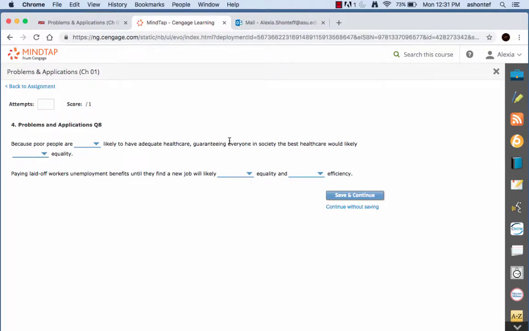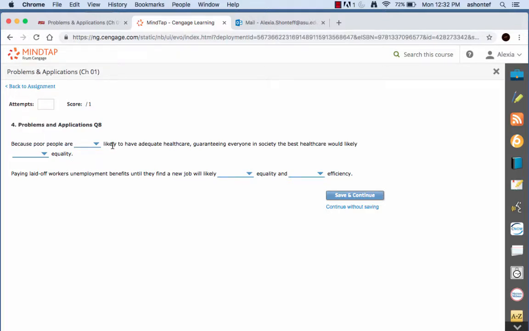Okay, so it continues on, and again, you want to read these. When they have these blank things, you want to look at what they are asking for, and be very careful. Don't go quickly through these things. So it says, because poor people are less or more likely to have adequate health care, guaranteeing everyone in society the best health care would likely decrease or increase